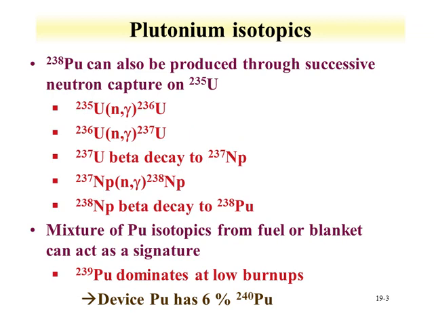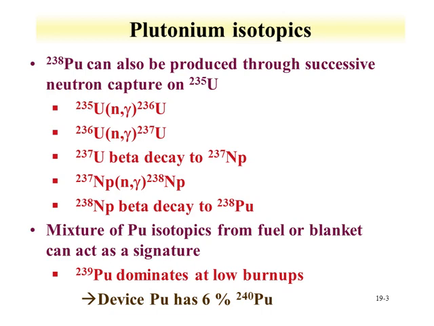Continuing with plutonium-238, this isotope can also be produced through successive neutron captures on uranium-235. As we see here, uranium-235 can form uranium-236, relatively long-lived. Neutron capture on the 236 goes to uranium-237, which would beta decay to neptunium-237. This neptunium-237 captures, going to neptunium-238, which then beta decays to plutonium-238. This route, neptunium to plutonium-238, is also the route for the production of plutonium-238 for